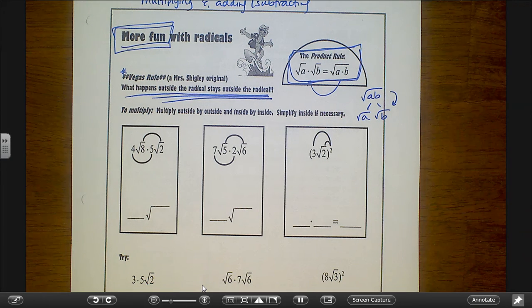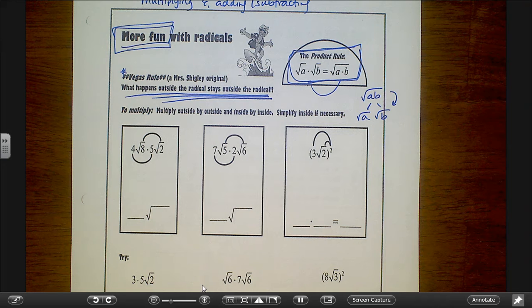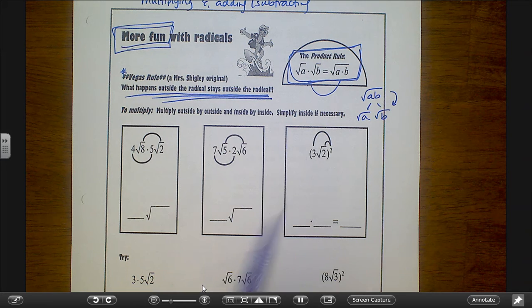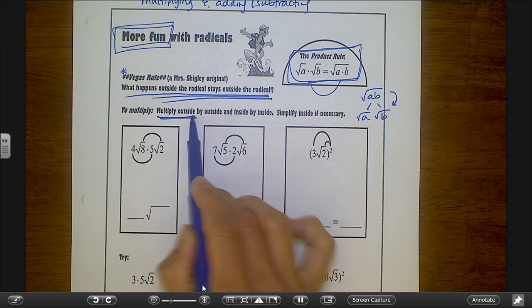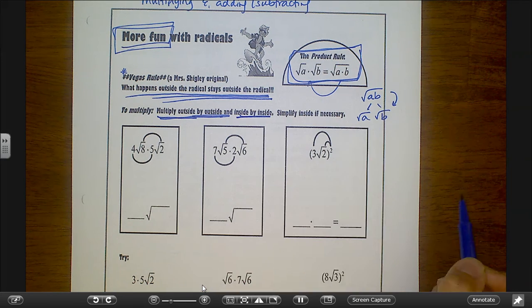A radicand, which is the number under a radical, can be taken out from underneath a radical by taking the square root of it, or simplifying it in some way. So to multiply radicals, we simply multiply the outside by the outside and inside by inside,